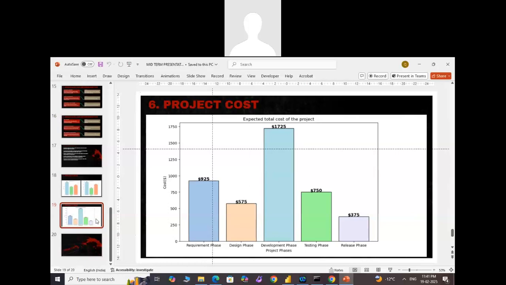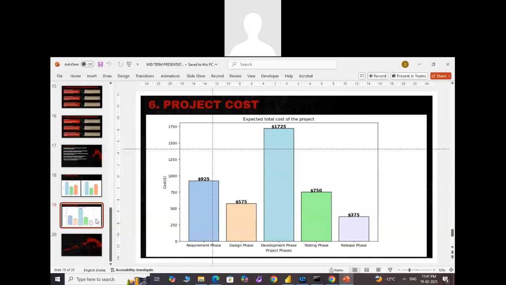And we can see that the lowest budget is allocated to the release phase. Developing an interface dashboard and predictive model requires skilled professionals. And if the project were to be commercialized or used by law enforcement agencies, additional costs would include security measures, data privacy, and many more.